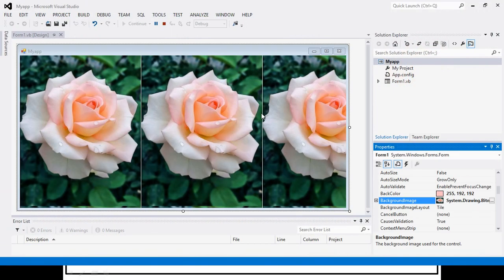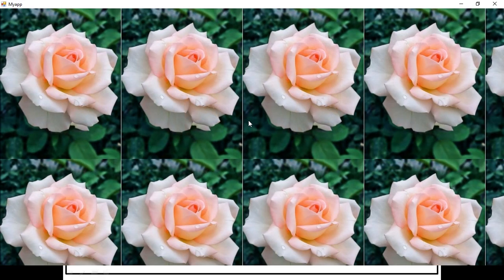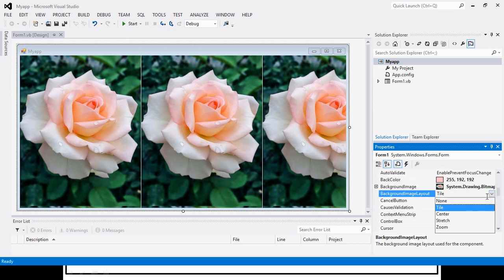Okay. Now suppose I want that initially this window should be in the maximized state. So for that we have the property here, WindowState. So instead of Normal we will have Maximized. So if I run this, the form will be maximized when it shows the output. Okay. Again, for the images, instead of tile we can have various options, like here we can have center.